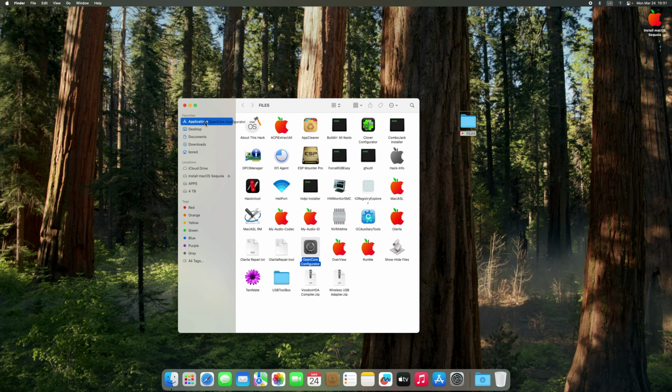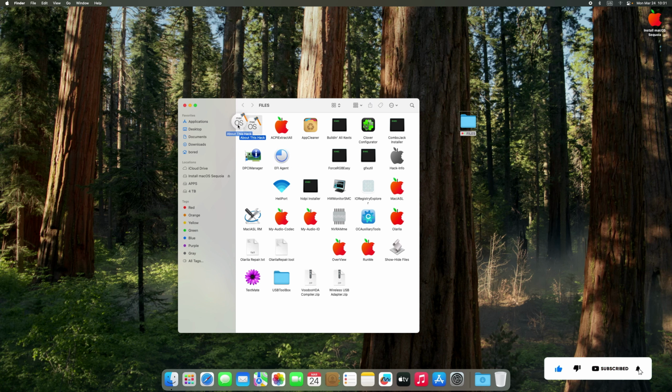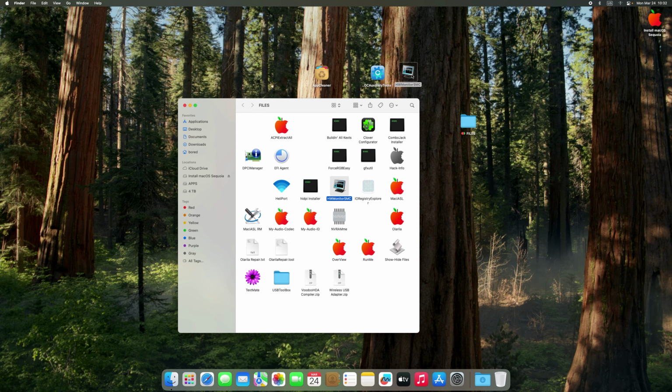I'll just drag it to the application. Also I'll need the hacking tool, EFI Mounter, and then about this hack right here. So this I'll just be needing later, and also this tool. Just add them there,